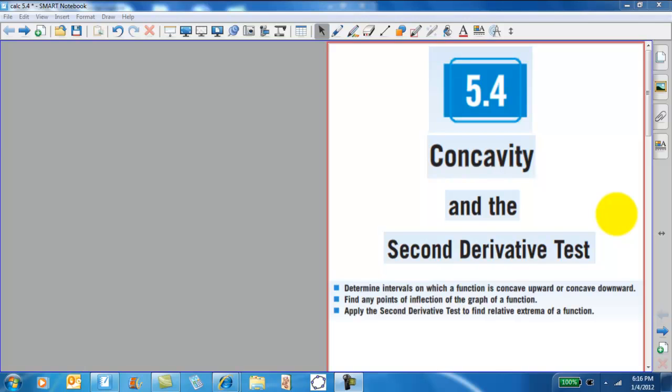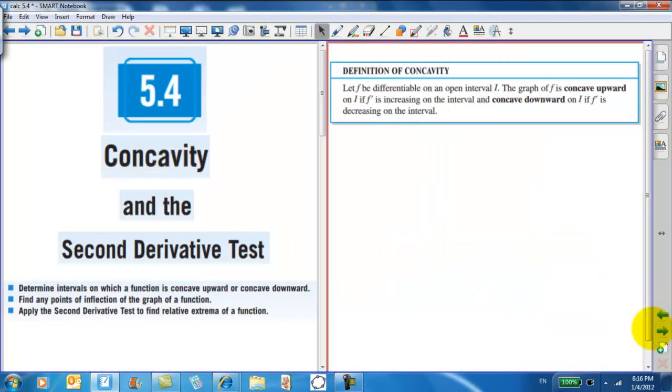Okay, in this chapter, calculus students, we're going to learn about concavity, which is the curvature of a function. And the second derivative test is another way to find maximums and minimums and extrema in a function. Now, what is concavity? You actually had an introduction to this way back in Algebra 1 when we first